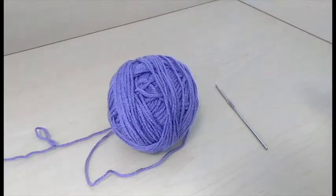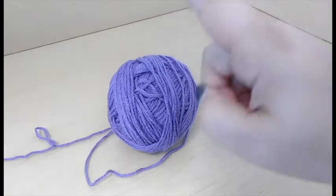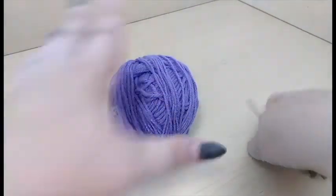Guys, today we're going to be doing a tutorial on how to do the single crochet stitch. To get started, I have some yarn and a crochet hook, and that's all you'll need too. First, I'm going to make a foundation chain to work into, and if you don't know how to do that,